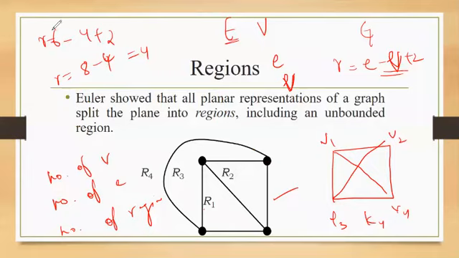Suppose that a connected planar simple graph has 20 vertices. So the number of vertices is 20. The vertex set is always denoted by capital V, and the number of vertices will be denoted by small v. The reason I am emphasizing this is that it will be easier to understand for the examiner who is evaluating your papers. So small v is the number of vertices, which is given as 20, and the degree of each vertex is 3.